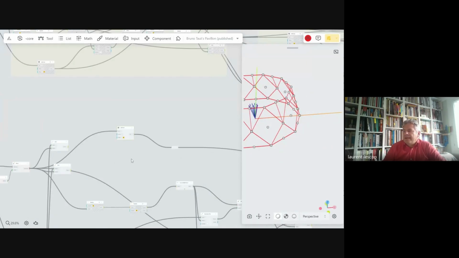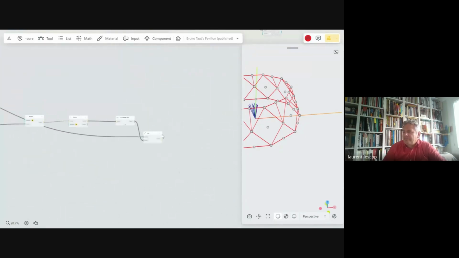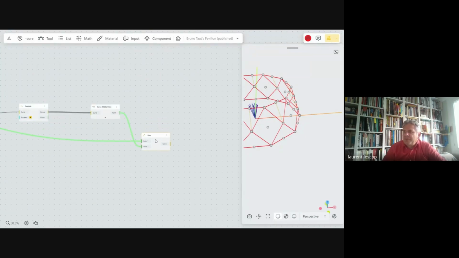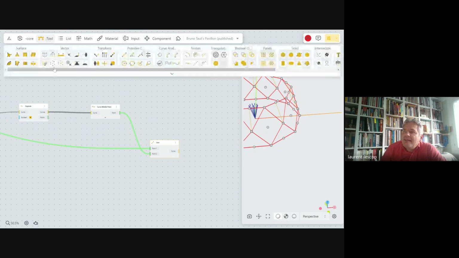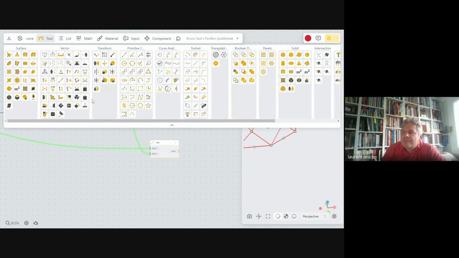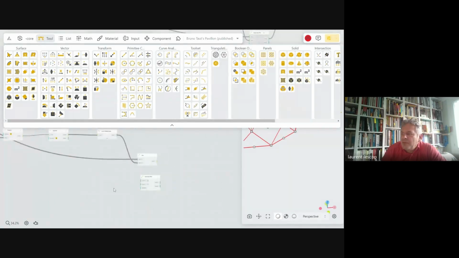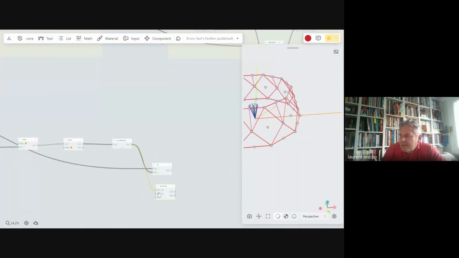Okay, and then same story. Tools, vector, 2 points. That one here.